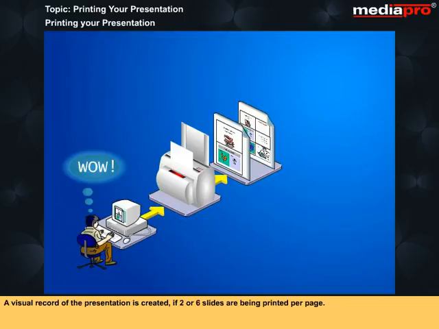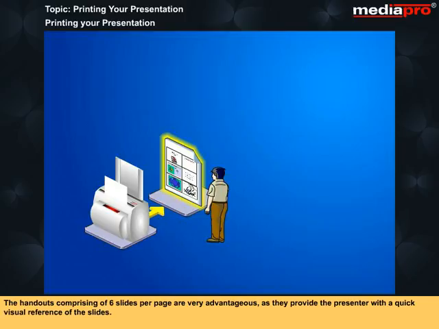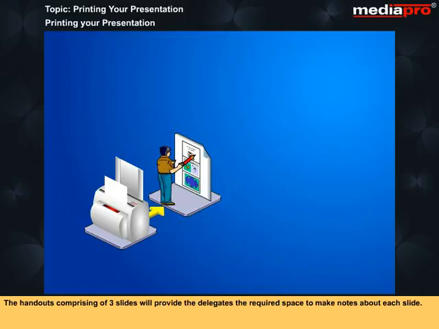A visual record of the presentation is created if 2 or 6 slides are being printed per page. Here there will be very little space for the delegates to add notes about the presentation. The handouts comprising of 6 slides per page are very advantageous as they provide the presenter with a quick visual reference of the slides. The handouts comprising of 3 slides will provide the delegates the required space to make notes